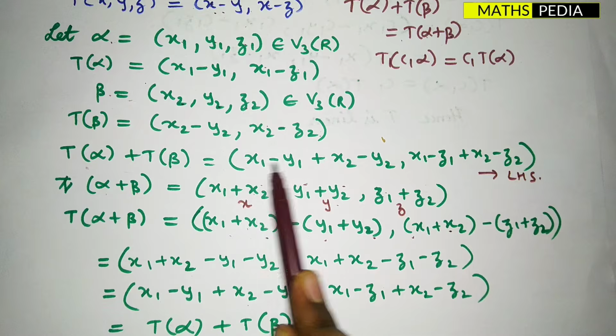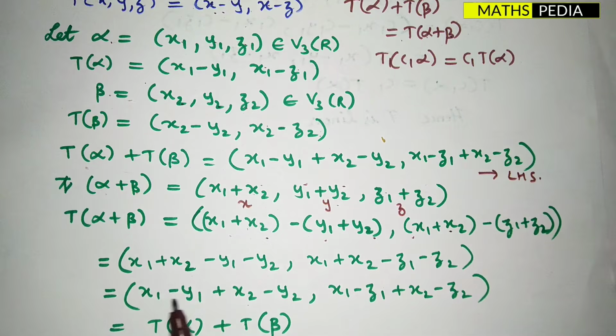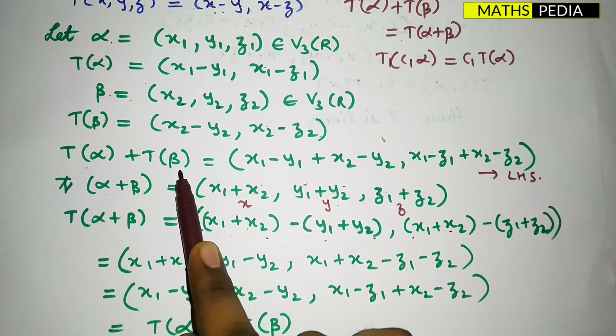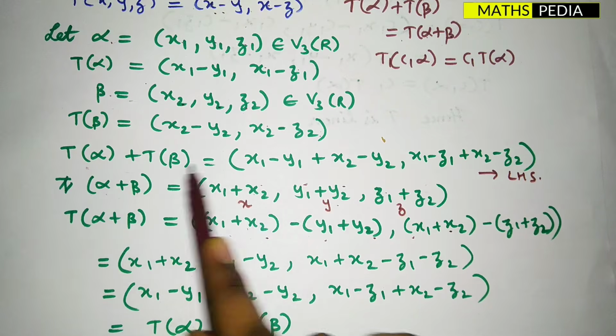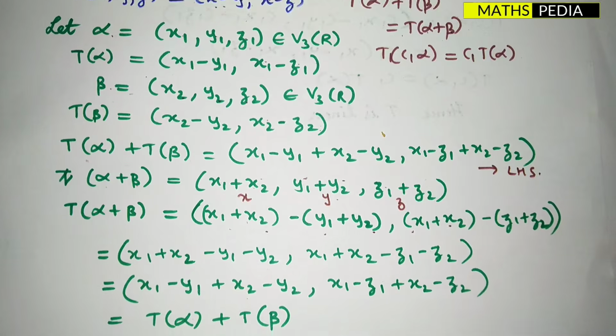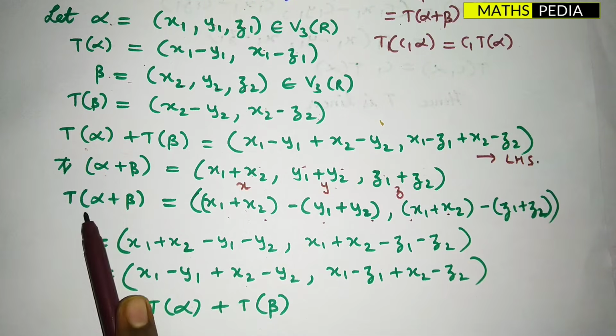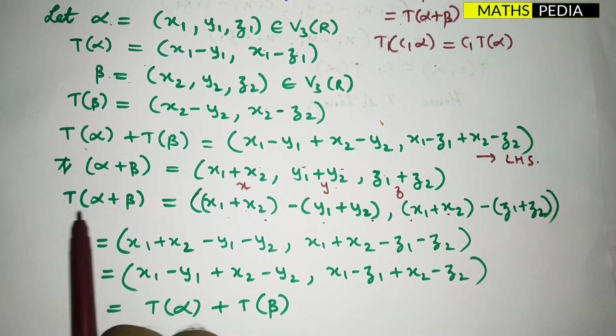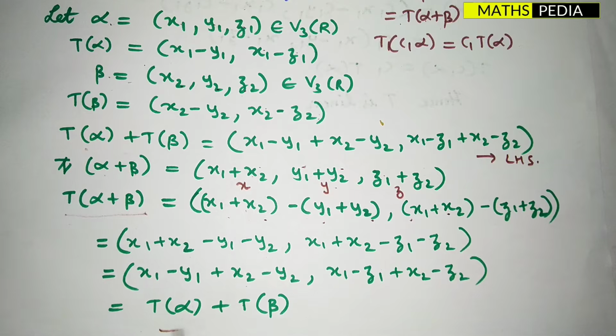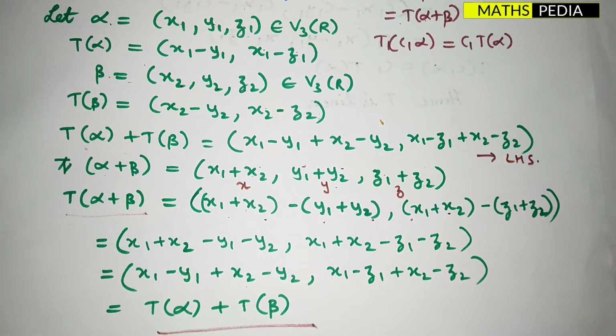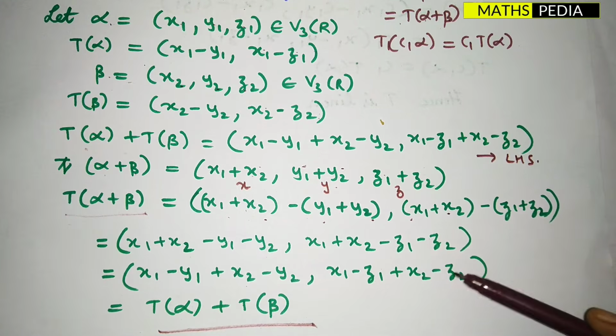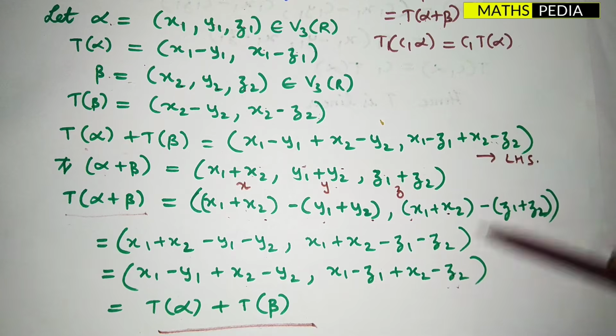So you can see x1 and y1 are together, so I have taken x1 and y1 together, minus sign is over here, plus x2 and y2 comma x1, just rearranging the terms so that you can see over here t of alpha plus t of beta will be same as t of alpha plus beta. So you can observe here t of alpha plus beta is equal to t of alpha plus t of beta. Just observe these two. Okay,